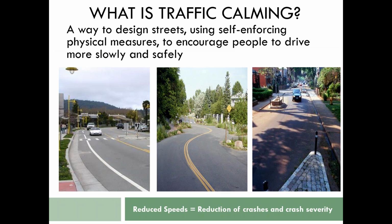Okay, there we go. It's a way to design streets using self-enforcing physical measures to encourage people to drive more slowly and safely. So, Peter, maybe you can help us explain what self-enforcing means and also how driving more slowly and safely is defined. Sure, and just by way of background,